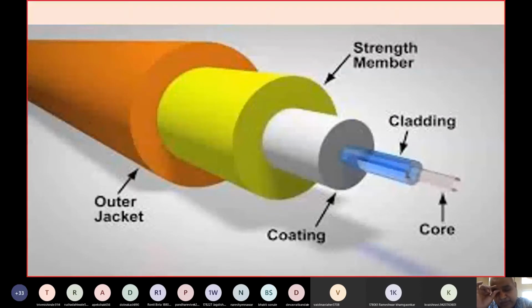Today we just wish to know what optical fiber is, why it is used, in what situations it can be used, and what the benefits of it are over copper. Most of the time when it comes to optical fiber, you will find that whenever servers are there and you use a backbone of the servers, that means when you have to connect server to server, then we always use optical fiber as a backbone cable. Otherwise, most of the time patch cords or twisted pair cables are used for connecting switch to switch, etc. I'll show you some of the connections later on.